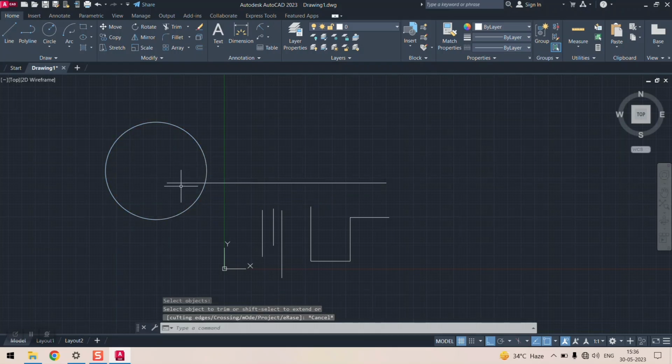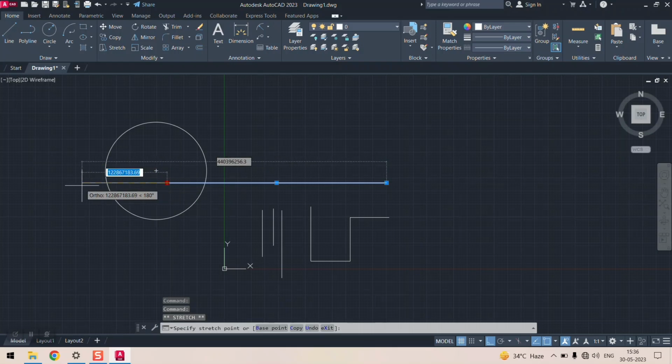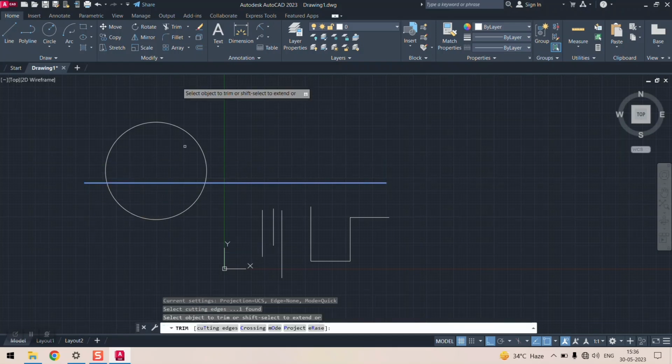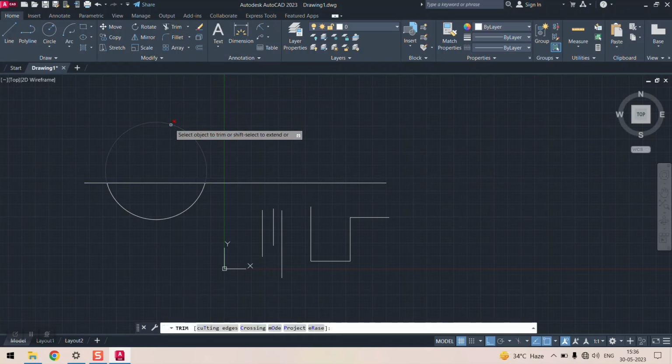But if I want to extend this, like let us suppose if I want to extend this particular line from here to this point. Okay, enter. Now trim command. Now I can remove this circular portion, this particular portion, even this particular portion,